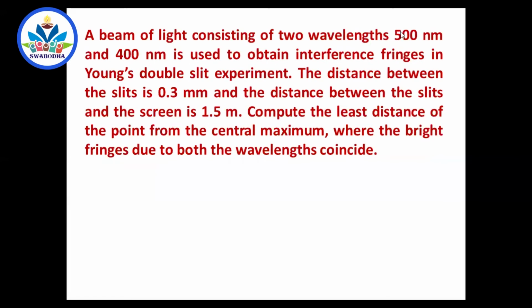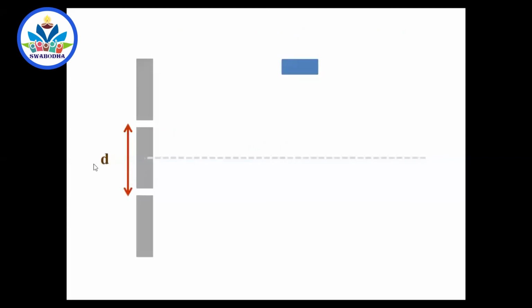So if this is switched on and this is switched on, what will we do? First we will switch on 400 nanometer. I will keep a bulb here of 400 nanometer, I will switch it on. Light from the 400 nanometer passes through the slits and identical waves travel and you get fringes. Of course, you know that the central one should be a bright fringe. Say this looks like blue, but it is not so, maybe very close to blue. You get a bright blue, because the central fringe should be bright, whatever be the color.